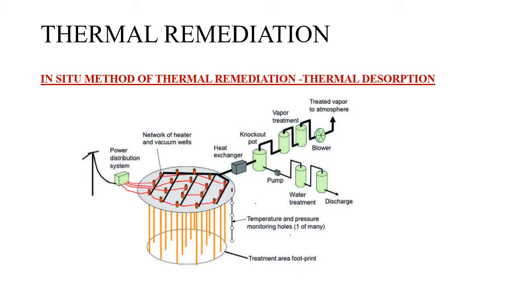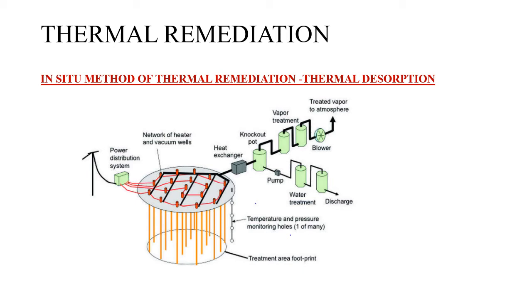These heaters will be arranged in a very systematic pattern. Mostly we go for a triangular pattern, or we can even go for some other pattern, but whatever pattern we choose, it has to ensure that there is effective heating of your subsurface soil volume. This form of conduction heating is preferred over the other thermal treatment techniques because it ensures more uniform distribution of heat, and thereby more efficiently it can remove the contaminants out of this soil.